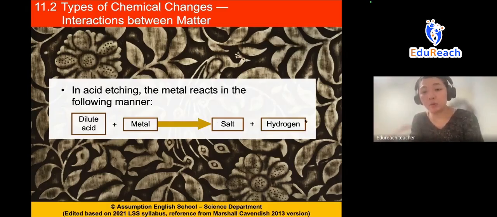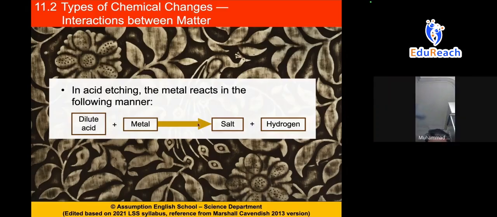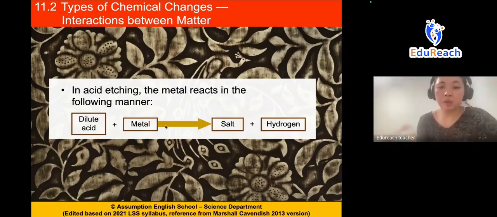Okay, and then hydrogen. What is hydrogen? Hydrogen is a kind of gas. It's H2 gas. So this you have to memorize. The three kinds of reactions involving acid, everyone must memorize. So again, Abdullah, can you read this out loud? Dilute acid plus metal makes salt plus hydrogen. Good, you corrected yourself there. Don't say equals to, because this is not an equal sign, this is an arrow. So you say dilute acid and metal will get us salt and hydrogen.